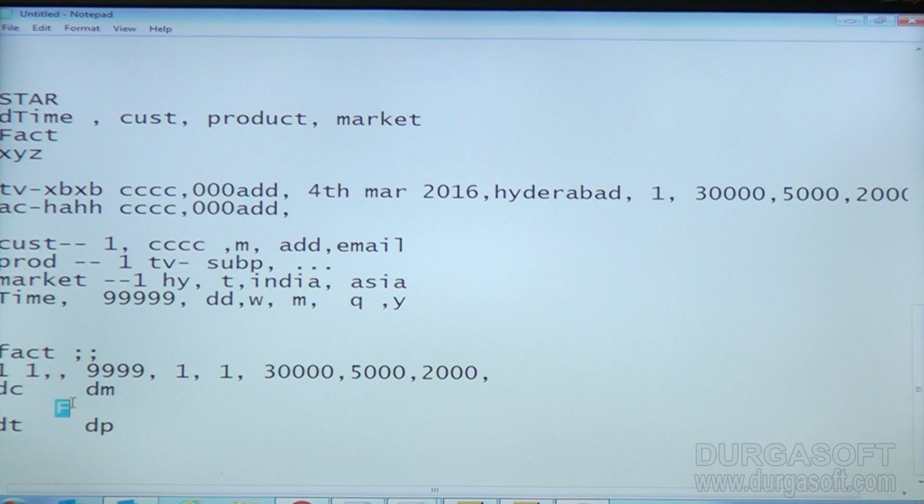Again, this fact is referencing the market dimension. This fact is again referencing the product dimension. This fact is again referencing the time dimension. So if you see this, it represents a star. That's how this name got star schema. And if you see in the dimensions, we can say that